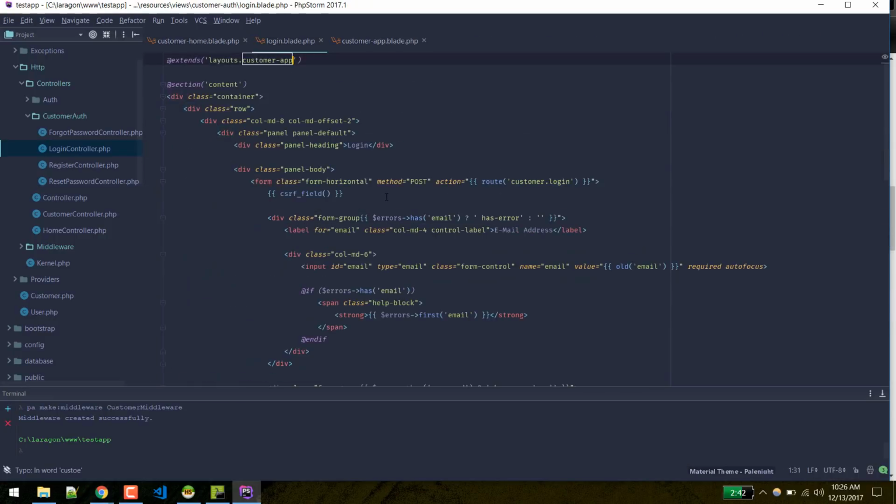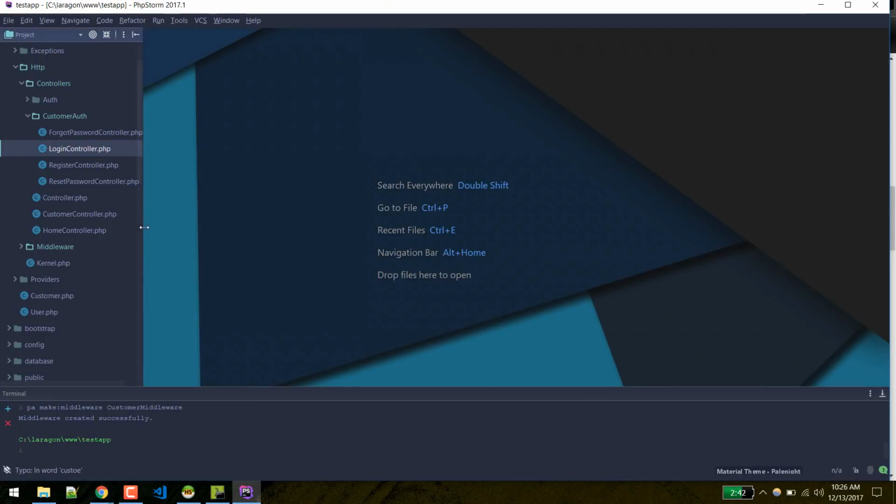So this is the basic idea behind MultiAuth in Laravel,